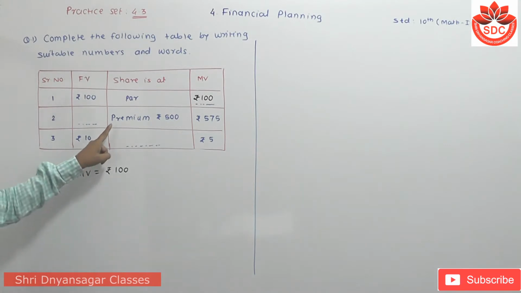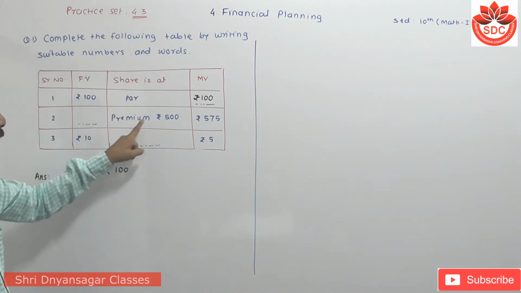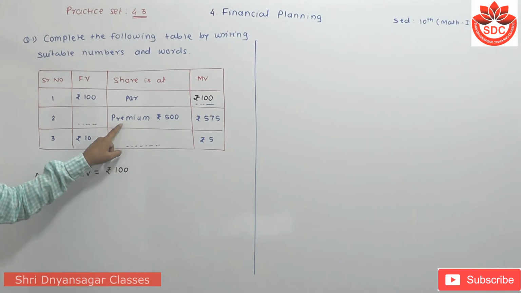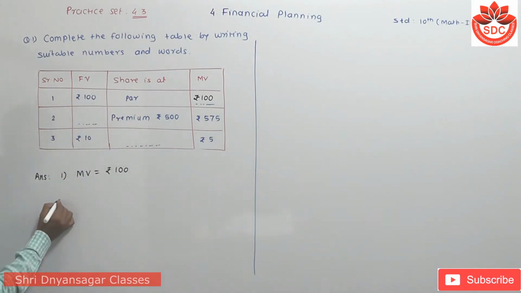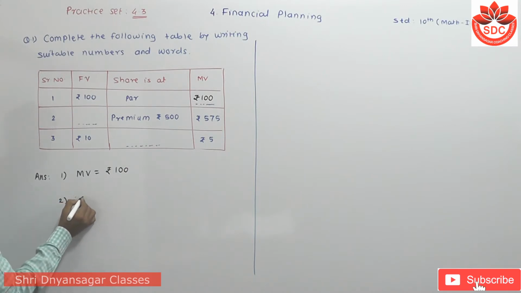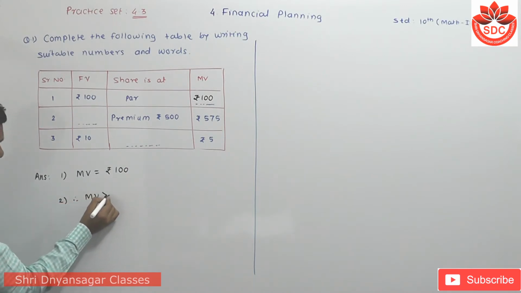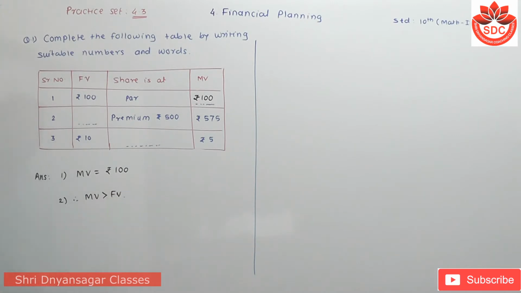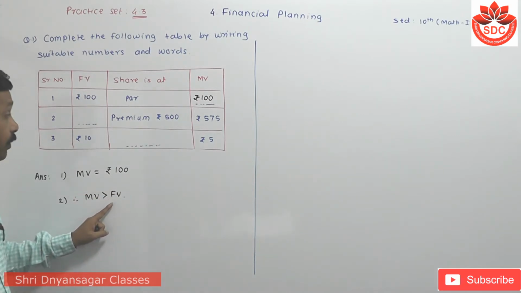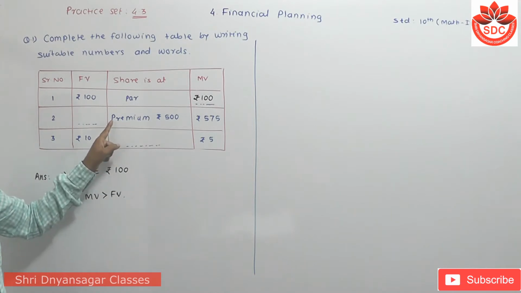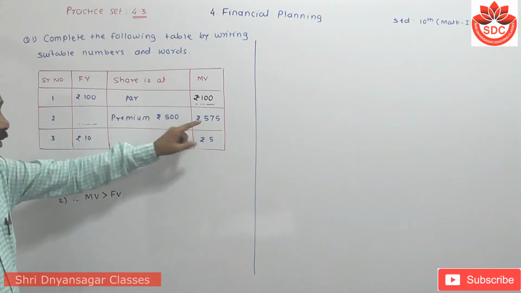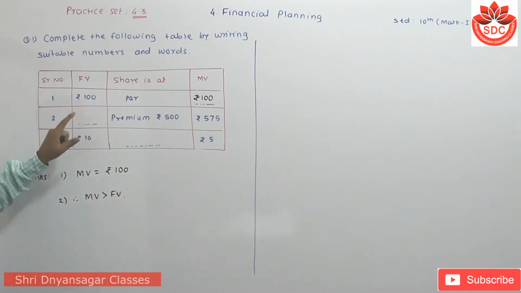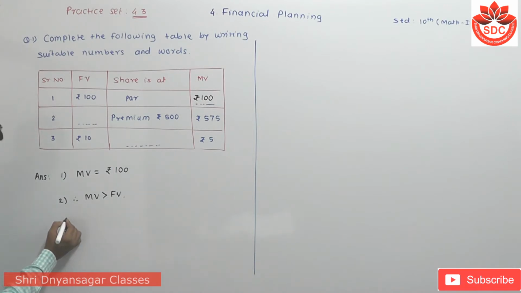Then student, look here. Here the share is at premium. At that time, MV is greater than FV. Second one is therefore MV is greater than FV, means that market value is greater than face value. At that time, the share is at premium. So we have to find out its value, means that FV. If FV is given, then student, I have to write here: therefore, FV is equal to